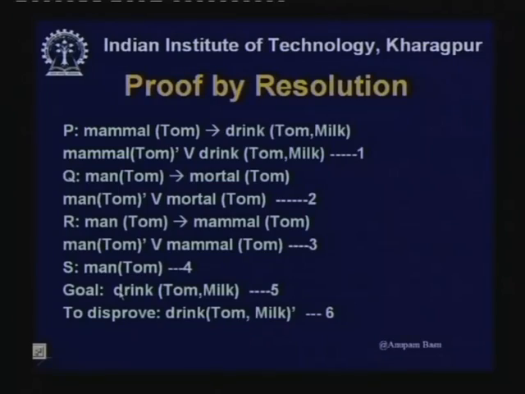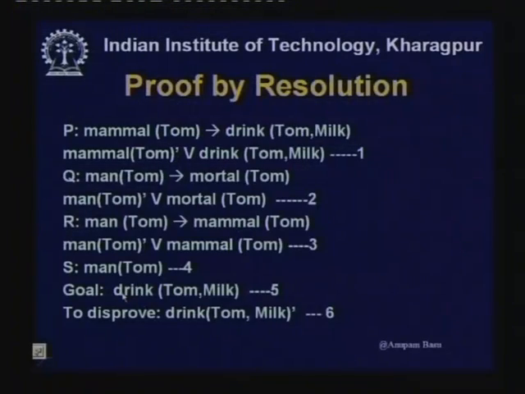Next, what do I have to prove? Suppose I am taking up just one of the statements that were given to be proven. Say I take the statement Tom drinks milk. So, the propositional form of that is drink Tom milk. But in resolution, what do we do? In resolution, we try to disprove, we prove by refutation. So, my starting point would be the negation of the goal, which I should try to disprove. That was the basic approach of resolution.